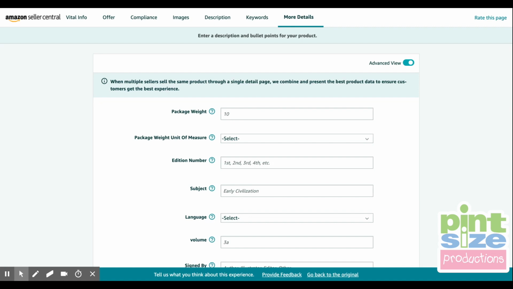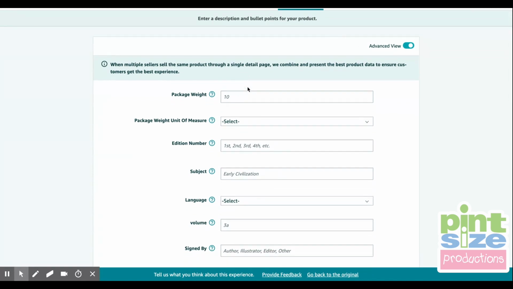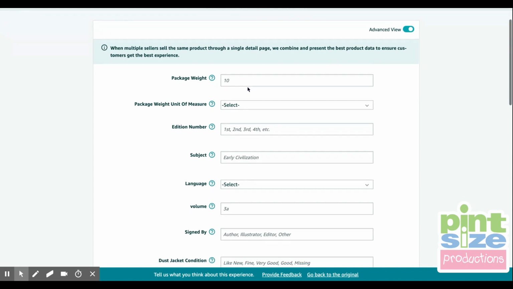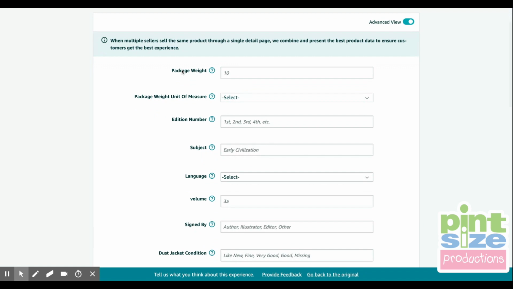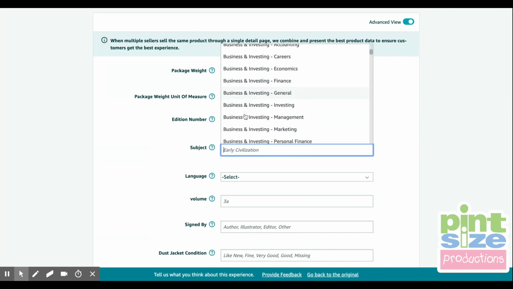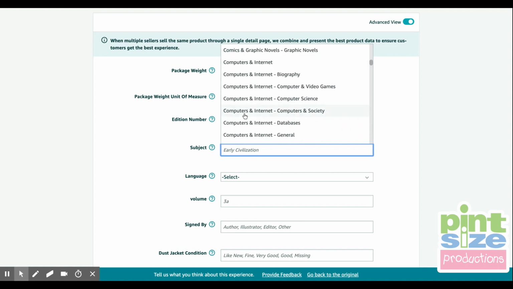And this is the last page for setting up your product listing. It's the more details section. So it's got a bunch of miscellaneous information that it'll ask you. You won't necessarily have to fill in every field here, so just go through it and put the information that is applicable to your product. So for example, your package weight, you'll put that in here, select your unit of measurement, edition number, subject. You can choose a subject that your book is relevant to,